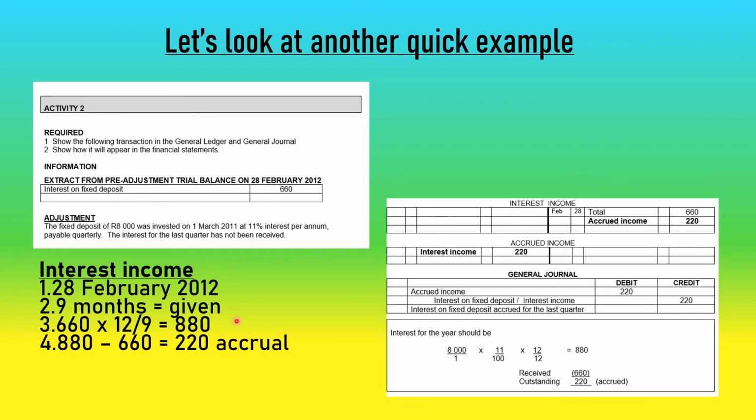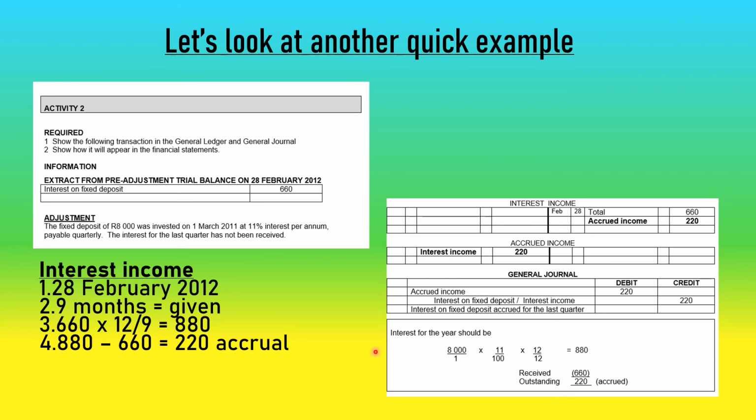9 months is given. Step number 3, take the amount you're apportioning and apply the formula. What you want over what you have. So you've got 660. Times it by how many months do you want? You want 12 full months. And how many months do you have? You've got 9 months. That gives you 880. You can say 880 minus 660 equals 220 accrual. So in step number 4, it's usually the bigger amount minus the smaller amount, which will give you your accrual